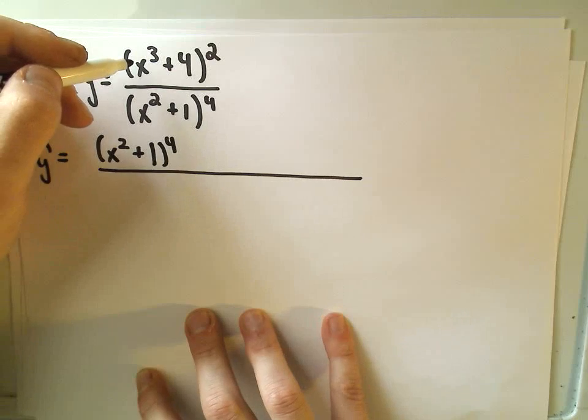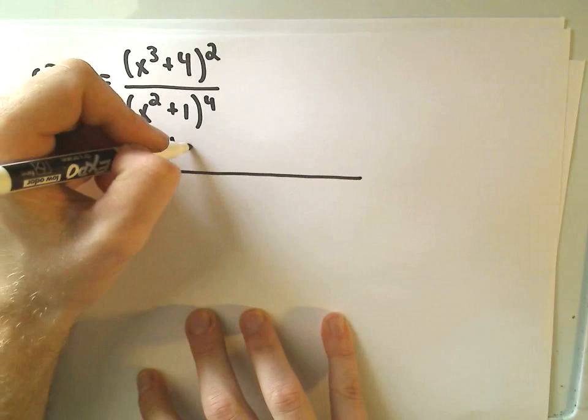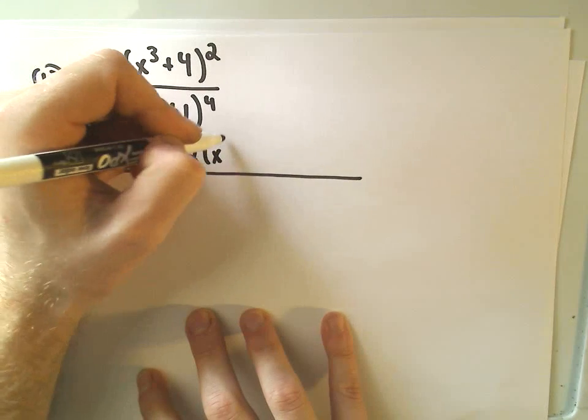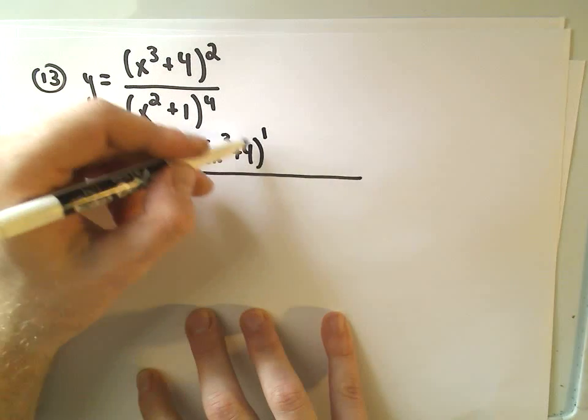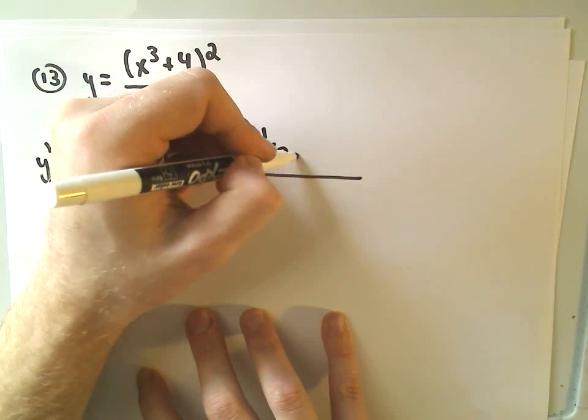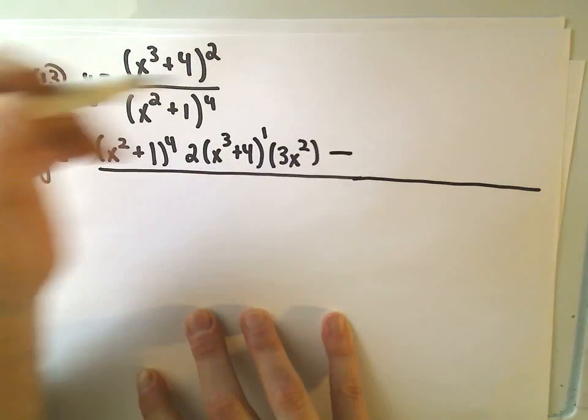times the derivative of what's in the numerator. So we're going to have to use the chain rule when we take the derivative of the top. So the 2 comes out front, we leave the inside alone, we take 1 away from the exponent, and then whatever's on the inside, we have to take the derivative of that, so we'll get 3x squared, minus,